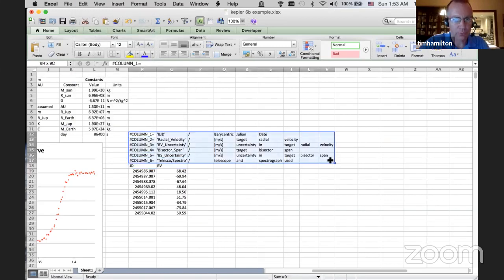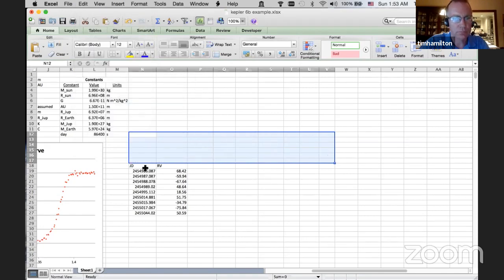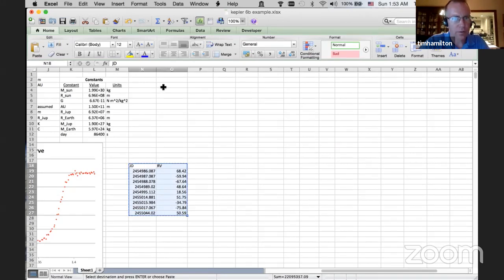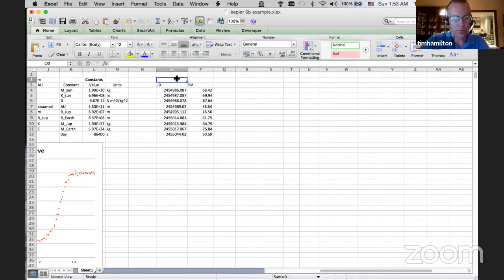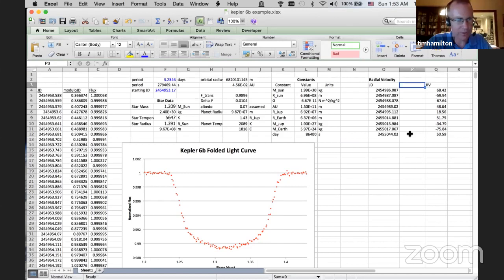Okay, and I'll delete these as well. All right, let's put this up here. Okay. So now we've got the same issue that we had before. We have Julian date, but we need to wrap that around. So let's go ahead and do the modulo Julian date. So again, if you're doing it in Topcat, you've got a modulo function, MOD, lowercase, and we'll do it the same way as we did before.